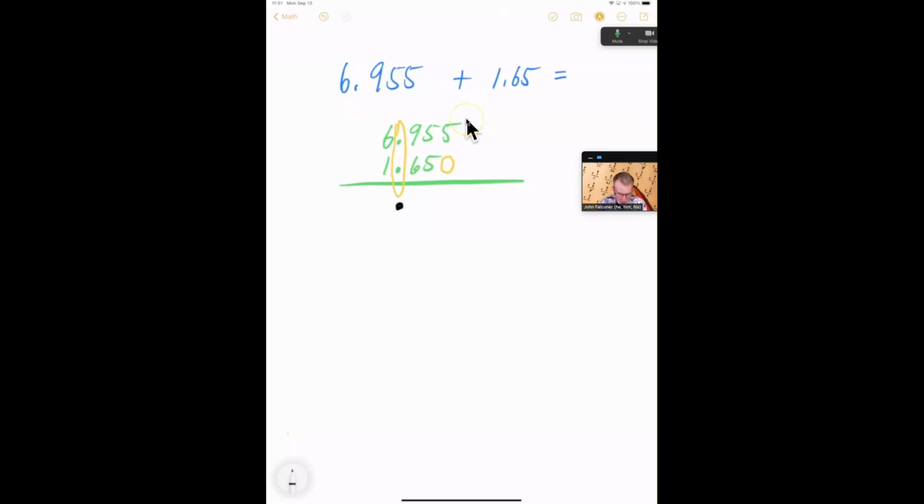So 5 plus 0 is 5. 5 plus 5 is 10, so write down the 0 and carry the 1. 1 plus 9 is 10, plus 6 more is 16, so write down the 6 and carry the 1. And then, looks like my